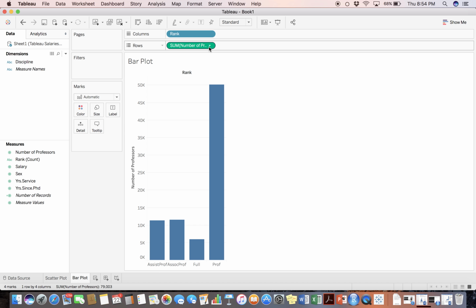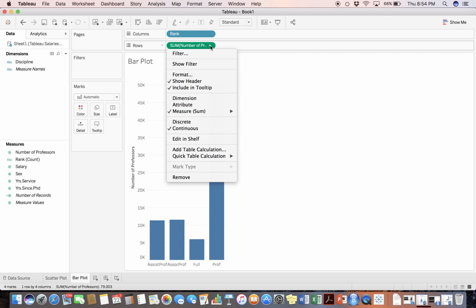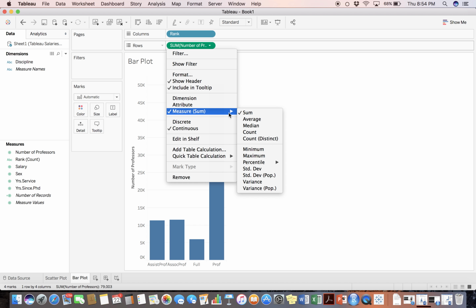We see that our bar plot essentially appears already, but if we look over here to our y-axis, we see that we have values in the thousands. That's not what we want. I don't have 50,000 professors in my data set, so we're going to make that change to this number of professor variable by making sure that the